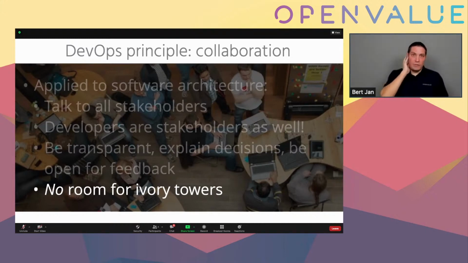And try to get stuff like non-functional requirements as clear as possible as early on in the project, because it can have a major impact in your architecture, especially nowadays with cloud native stuff and microservices. Stuff like resilience is more important than ever. So here also talk about the people who need to run your architecture in the end, whether it being a DevOps team or maybe an infra or SRE team. SREs are stakeholders as well.